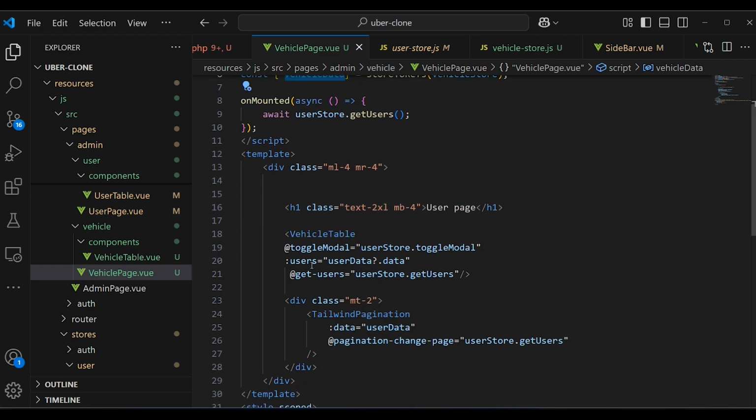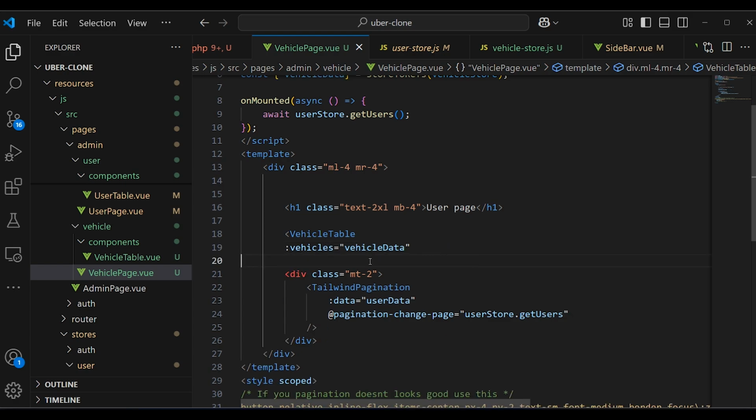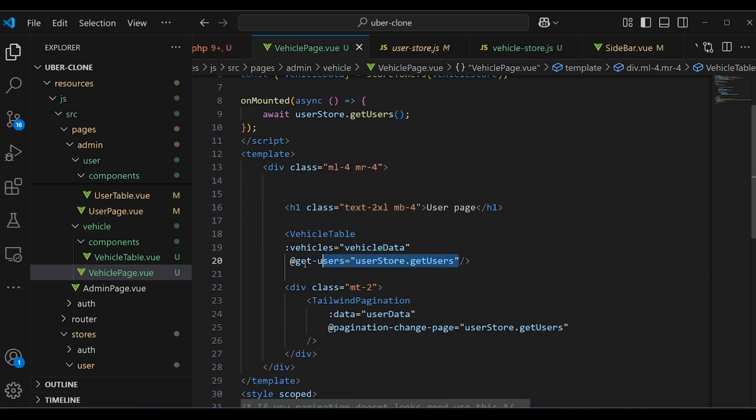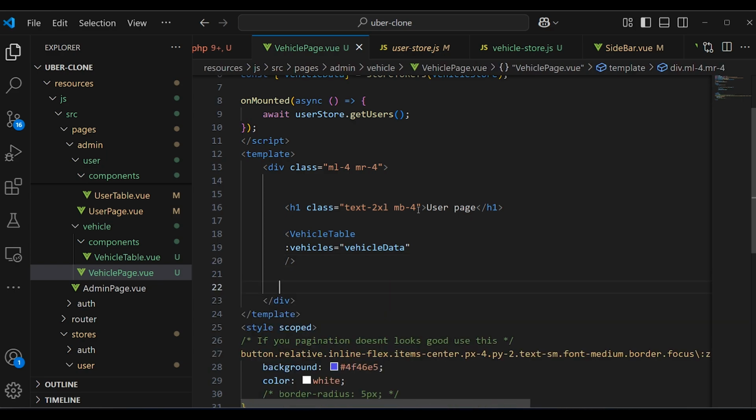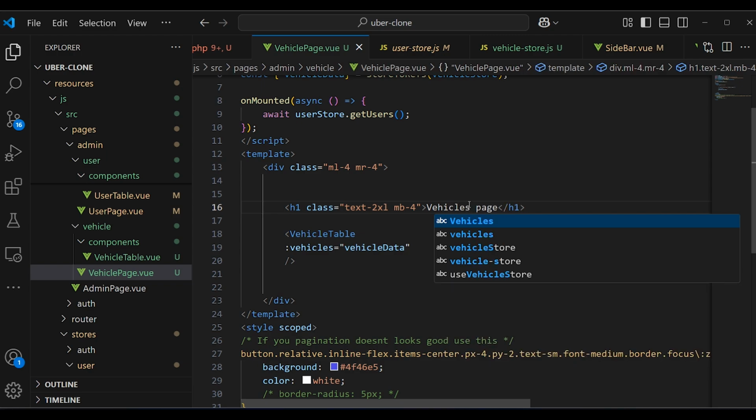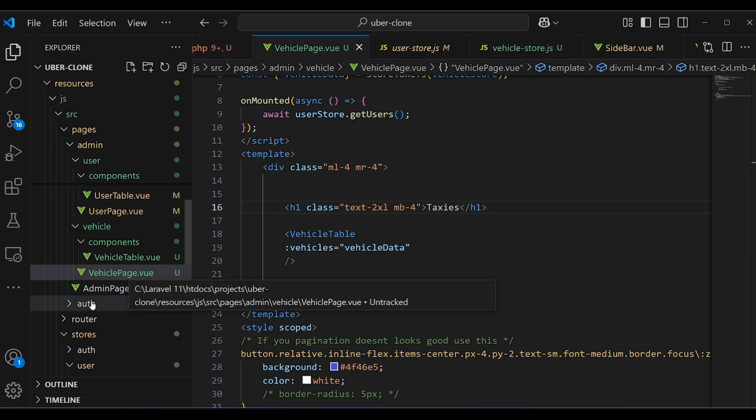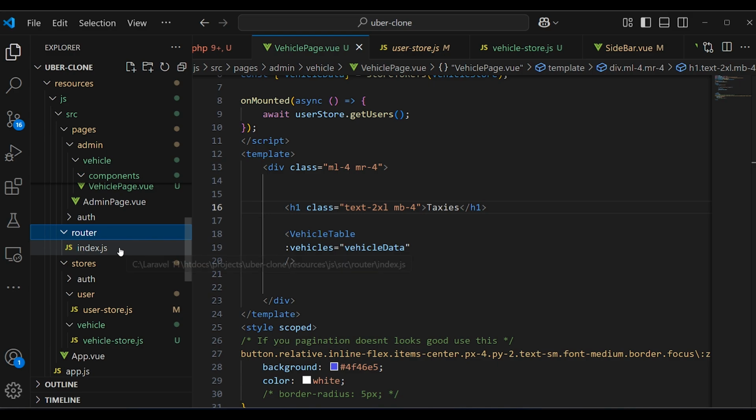We have here, we're going to pass here as the prop vehicles, and then here we're gonna pass here vehicle data. Now remove this line here and these two. And for the title of the page, I'm passing here vehicles, and I can pass even taxis for the title, taxis. And then we are going to get inside the router folder, and then we're going to import the